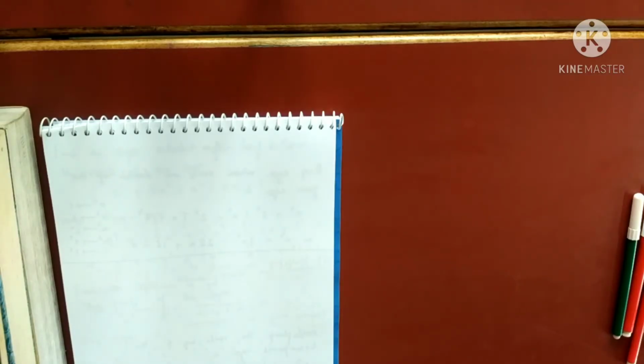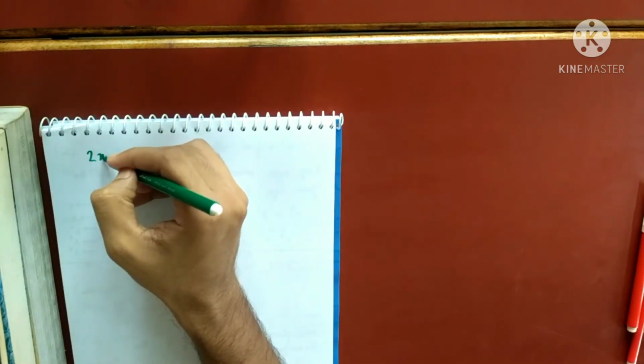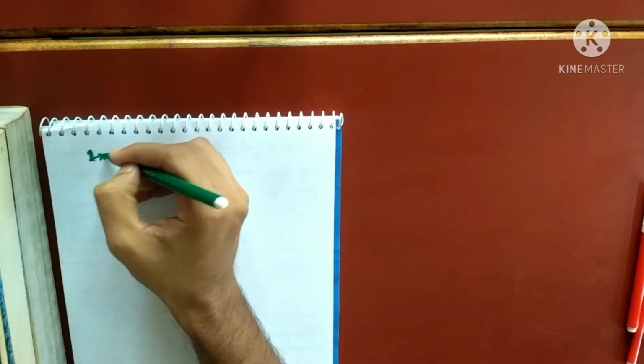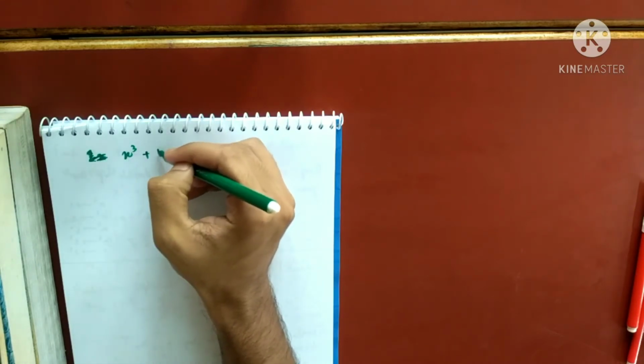Okay, in the last class, I was talking about transformation of roots. Now, what we learned in the last class. Suppose I have some equation. Suppose 2x. Sorry, there should not be any number. If there is, you have to divide. Suppose I have this equation.